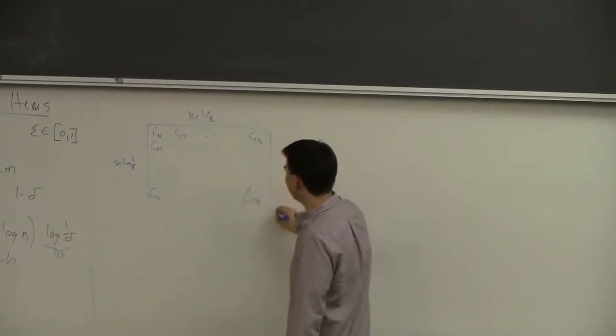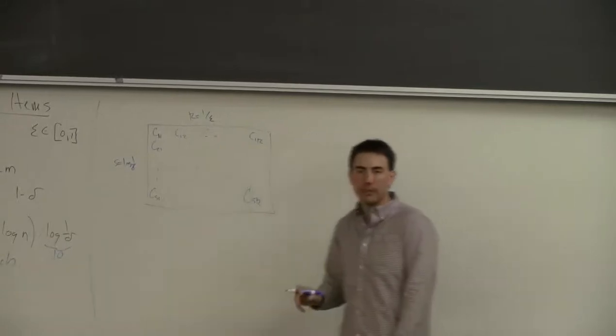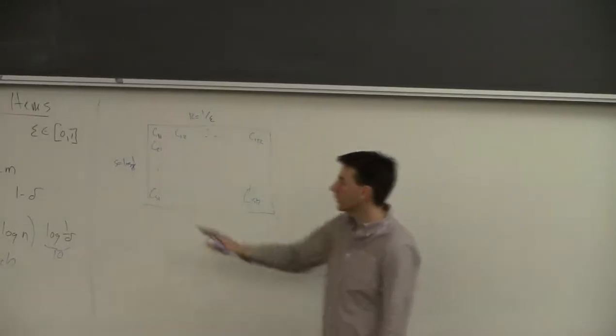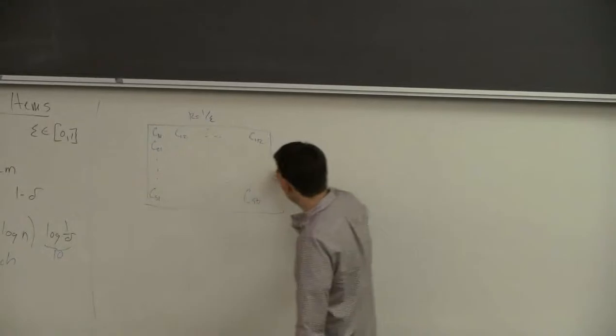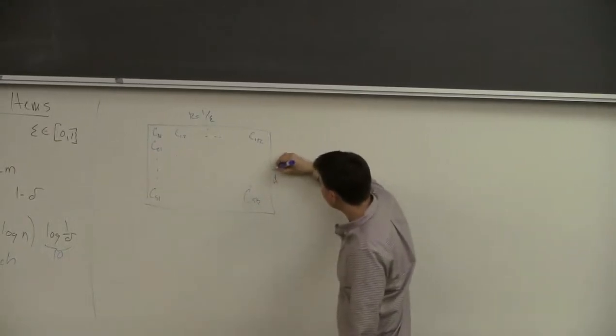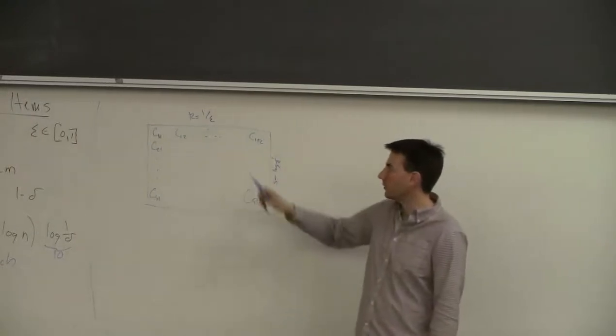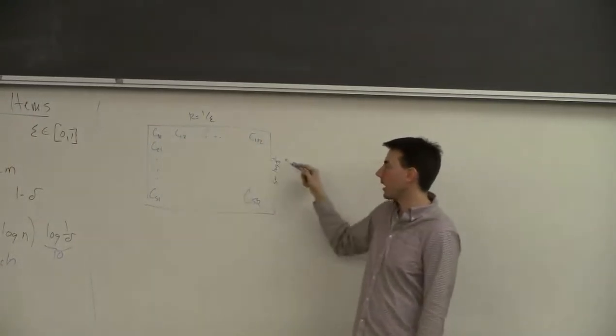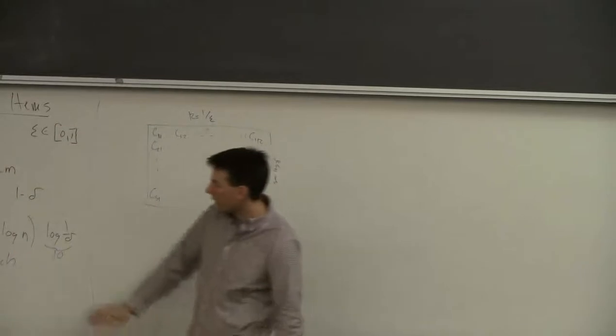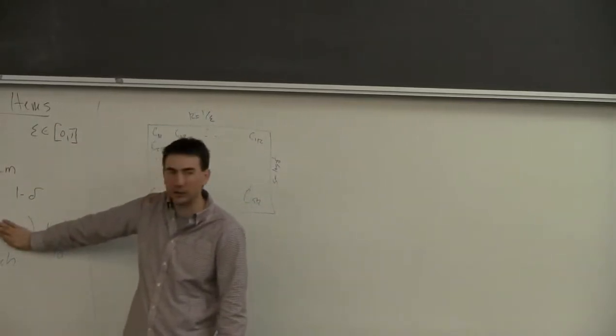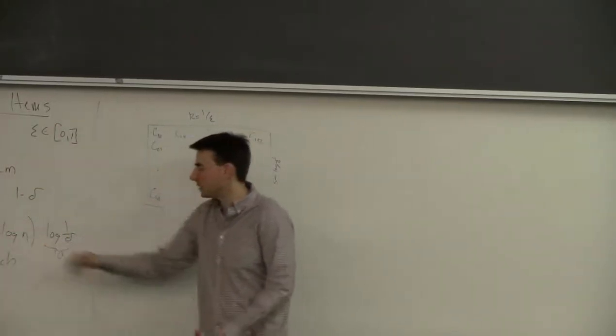So I'm going to keep all of these counters and initialize them to 0. If I just keep these counters, it's going to be 1 over epsilon times log 1 over delta. I'm not going to get this term, it's just going to get the log m term. I'm going to need a little bit something else.